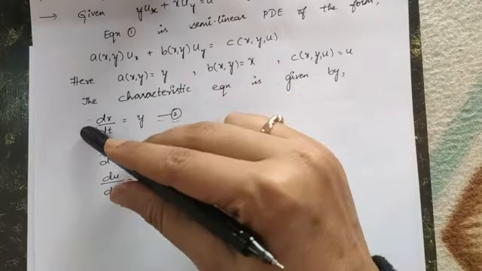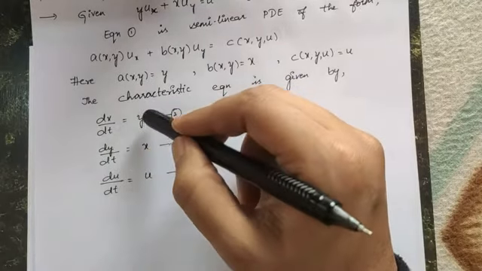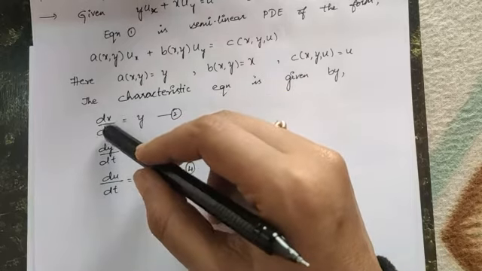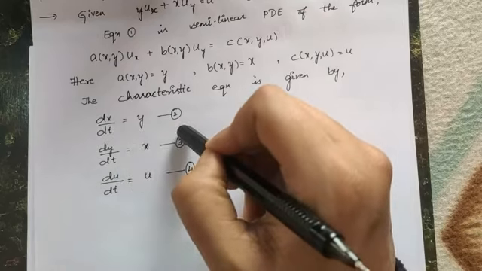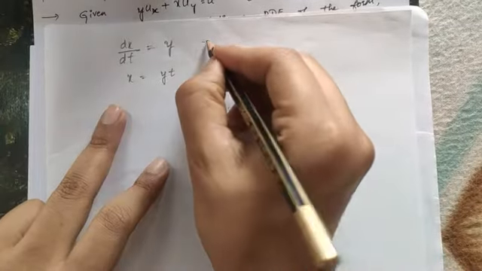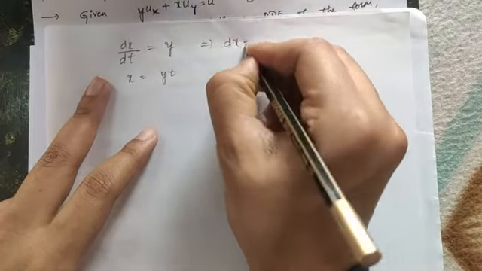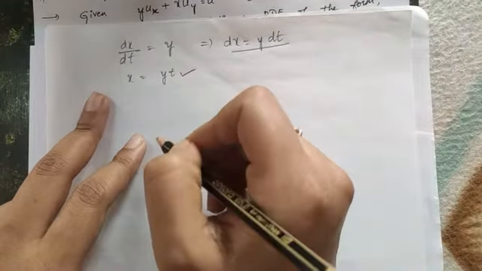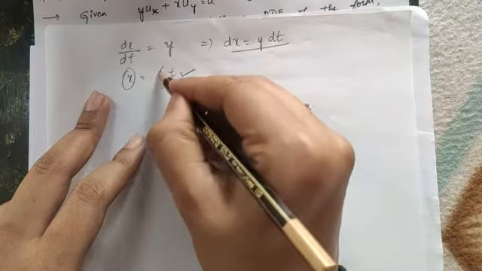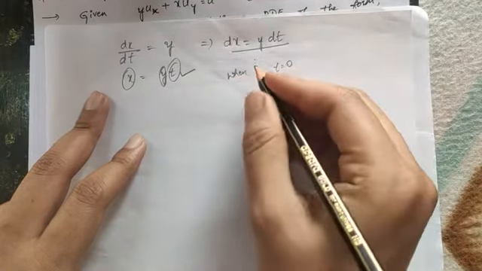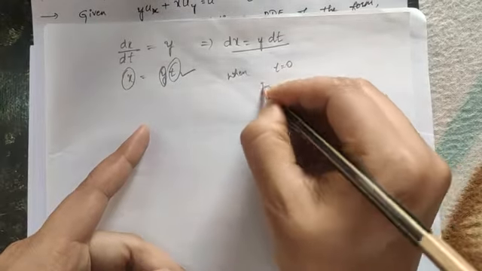So now if you solve this equation, in the normal way we cannot solve this equation, right? If you integrate this, you can write this as dx is equal to y into dt. If you integrate this, you will get x is equal to yt. Again x is unknown, y is unknown, t is unknown, right? So when t is equal to 0, if you do a normal procedure, you will get x is equal to 0.